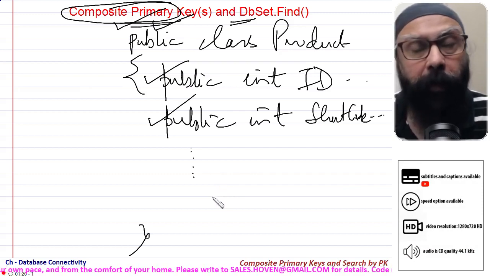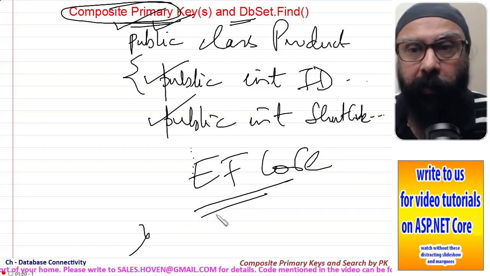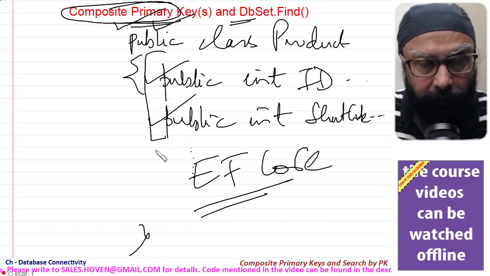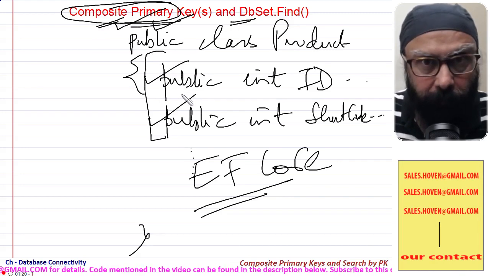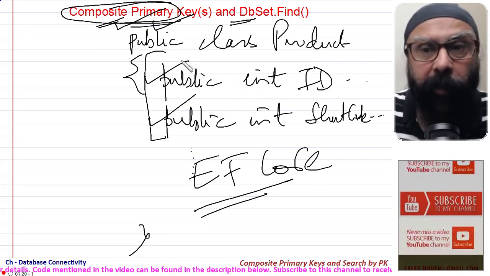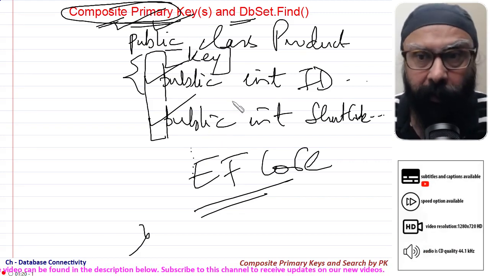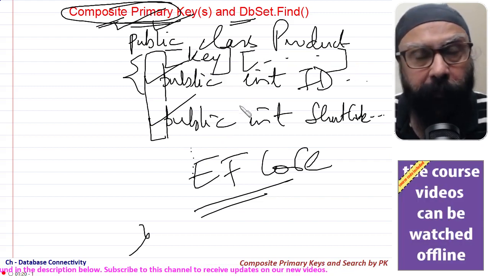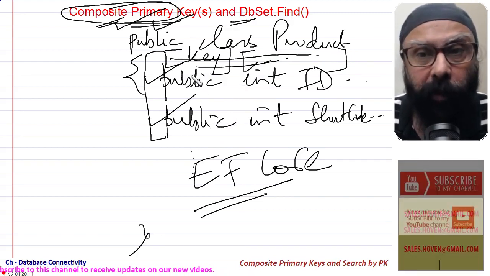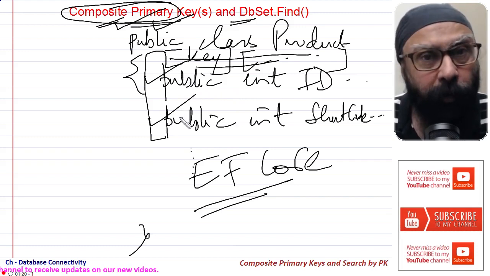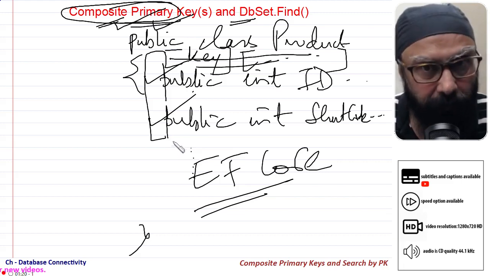Now ASP.NET Entity Framework Core doesn't allow any method by which we can put annotations here. We cannot specify a composite primary key through annotations. Had this been a single primary key, you must be remembering that we just write a Key attribute and it becomes a primary key, and database generated and all options can be specified. But when you have a composite primary key, no annotation is available which will help us specify both of them together to be the primary key.